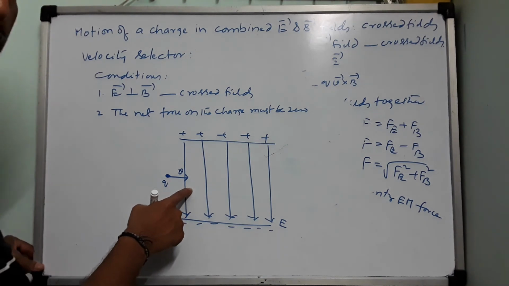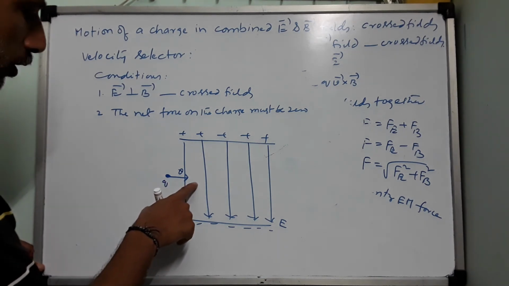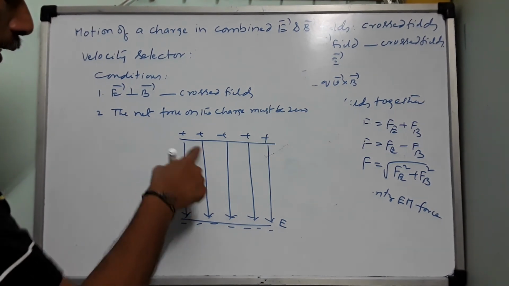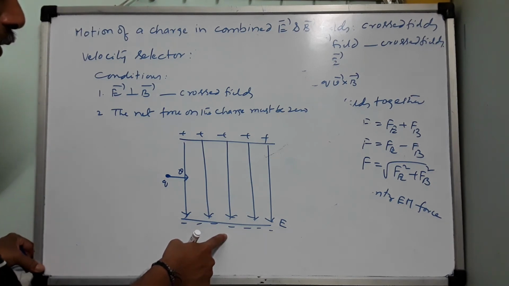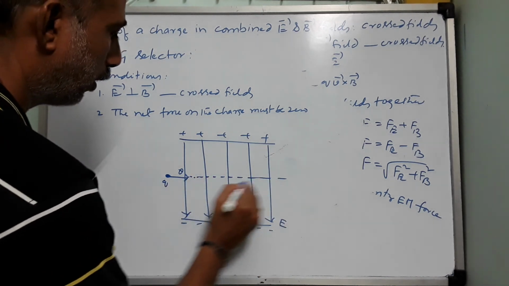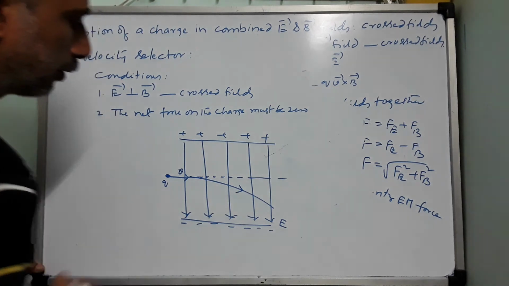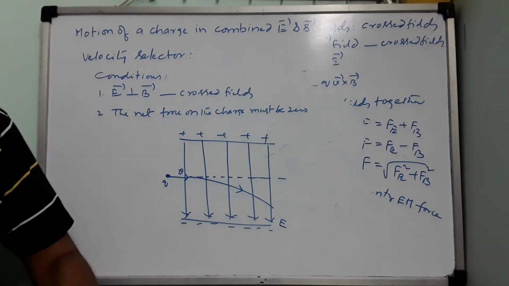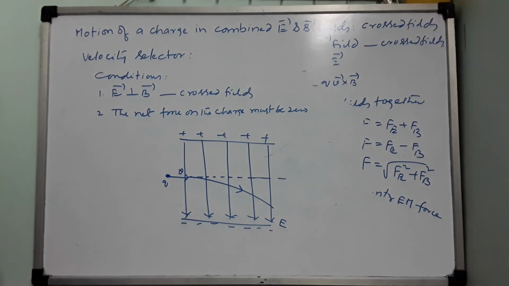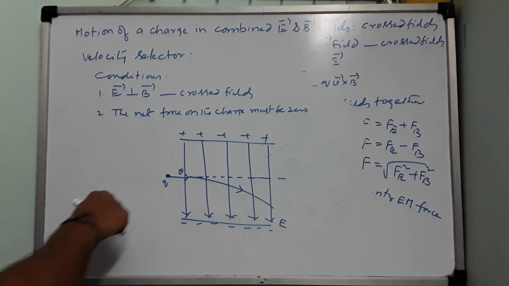Now the charged particle is entering the electric field. As soon as it enters the electric field, the charged particle being positive is repelled by the positive polarity and attracted by the negative polarity. So it has to compromise with these two forces. As a result, instead of going in a straight line, what will it do? It will go in a parabolic path. It is similar to a body you throw parallel to the ground. What will happen? If gravity is absent, it will move in a straight line. But gravity is very much there. It exerts force on the ball, so the ball will take a curved path. It will move in a parabola. That we have discussed in class 11th as horizontal projectile. Same thing. This is a horizontal projectile.